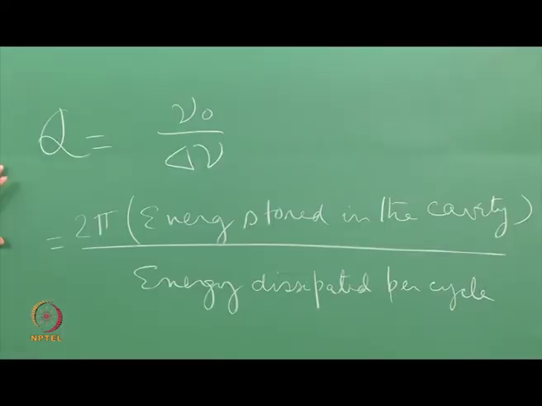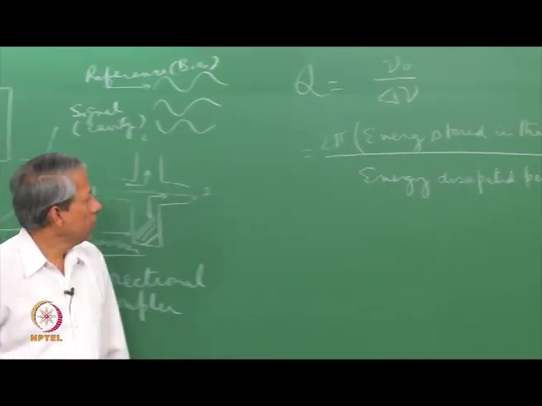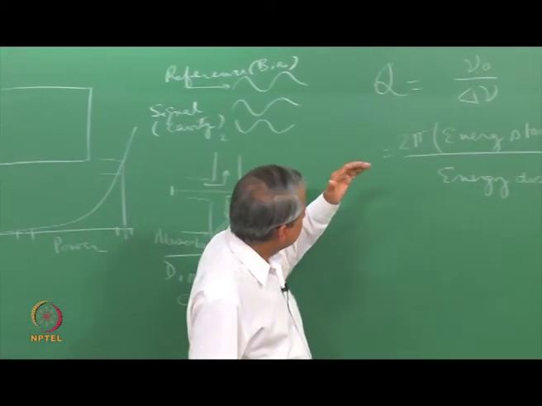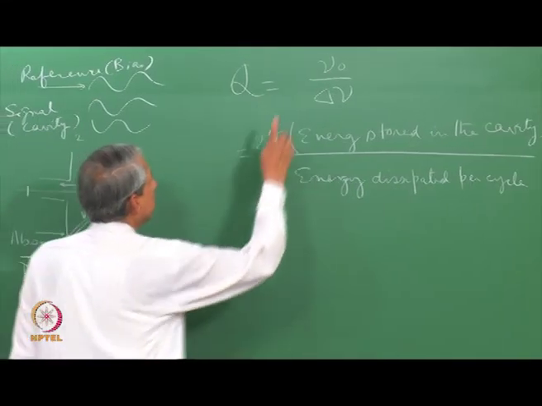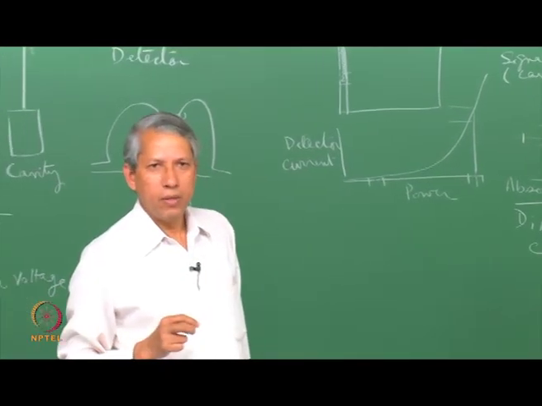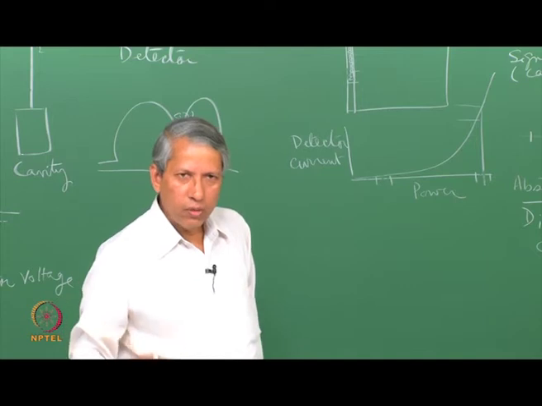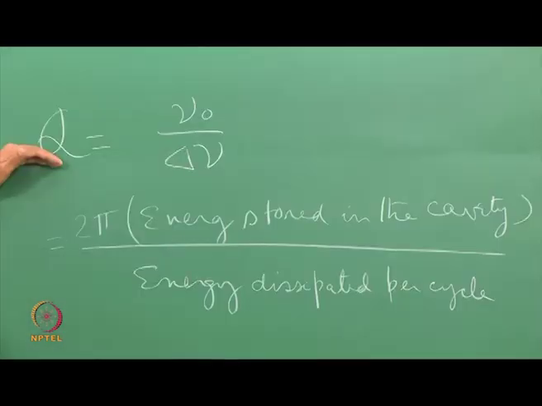So, the higher the Q, the more it is going to store energy with very little loss. So, a higher Q cavity will be reluctant to reduce its energy. So, with a Q which is very high, the microwave power inside the cavity does not change very rapidly. What I am trying to arrive at is that to have a very fast responding spectrometer, Q should be low, or a higher Q makes the spectrometer slower. But how is the relation now?